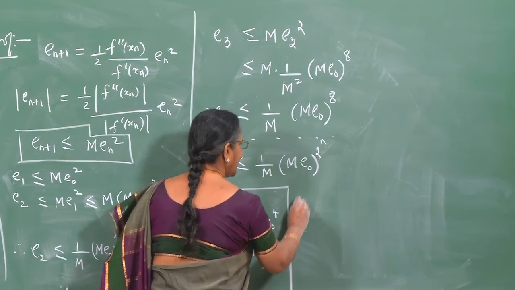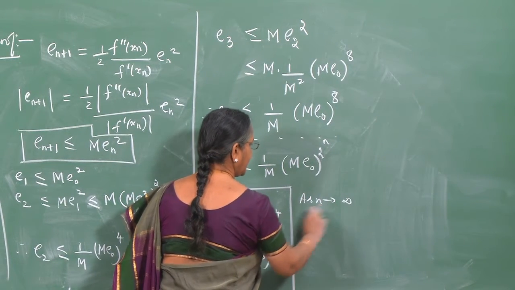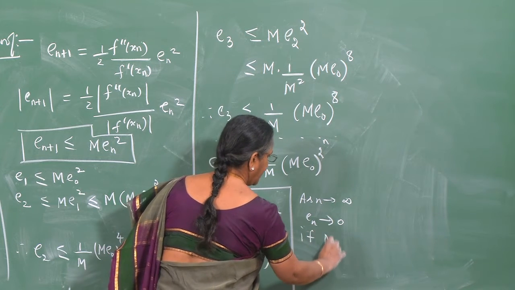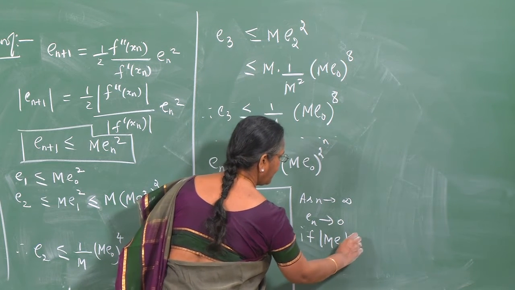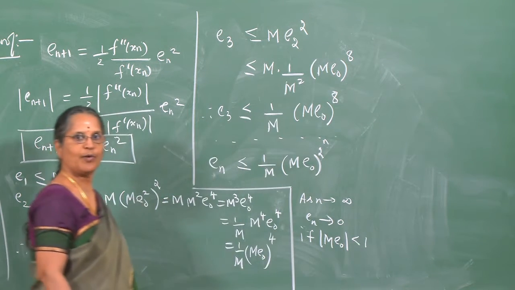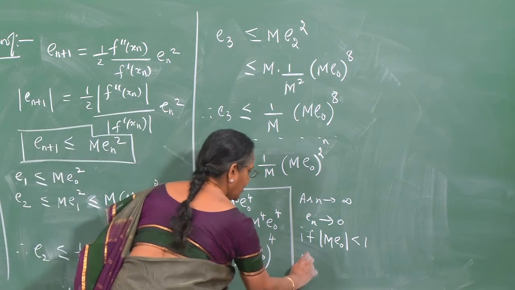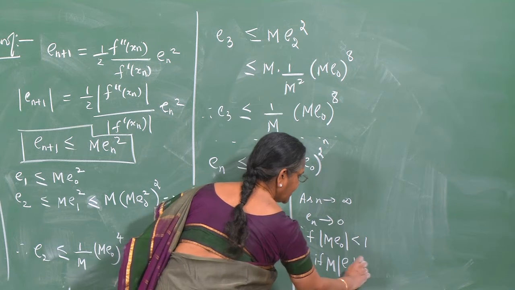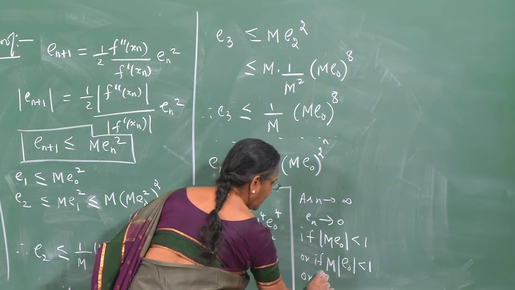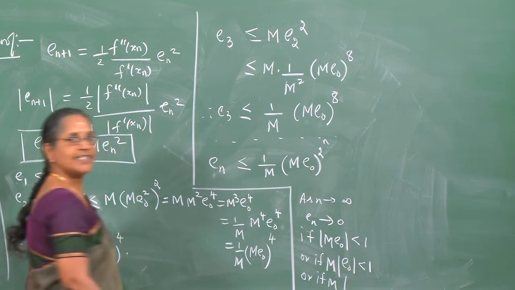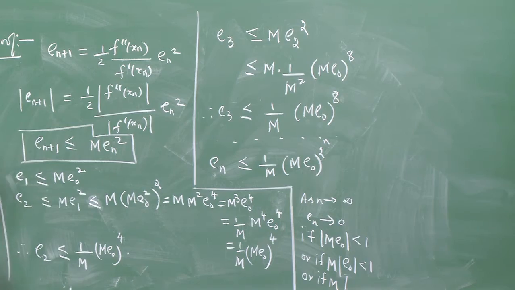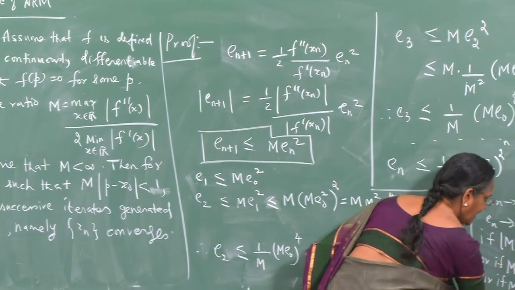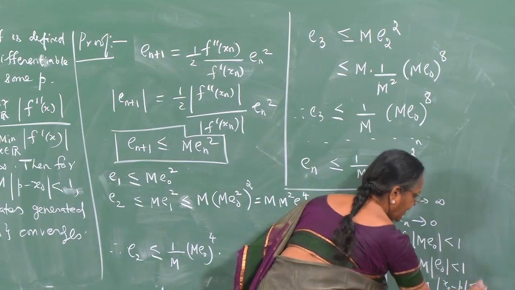So, as n tends to infinity, E n will approach 0 if in absolute value mod m E naught is less than 1, or in other words, if m into modulus of E naught is less than 1, or if m into what is E naught? E naught is the error at the initial step, namely it is x naught minus p, and that must be